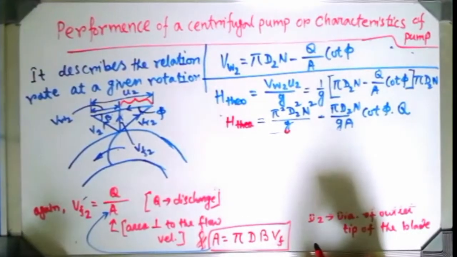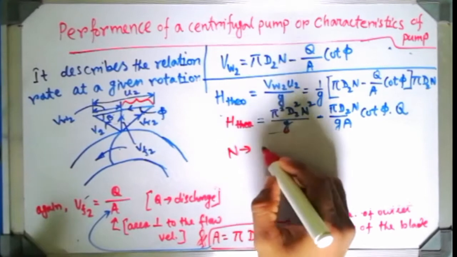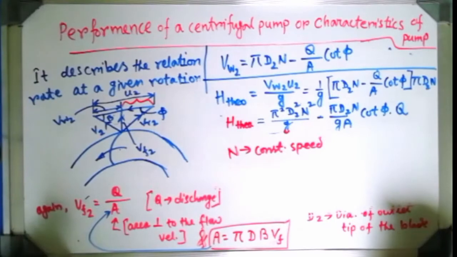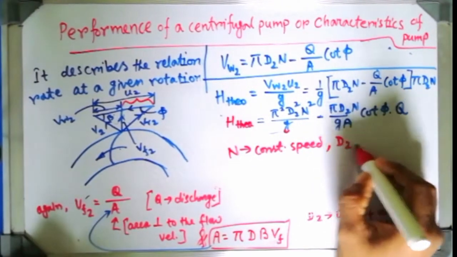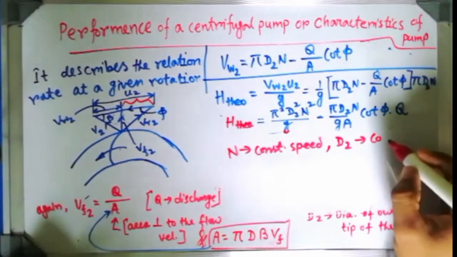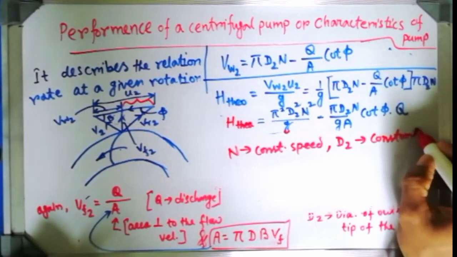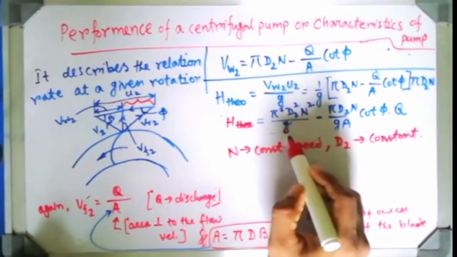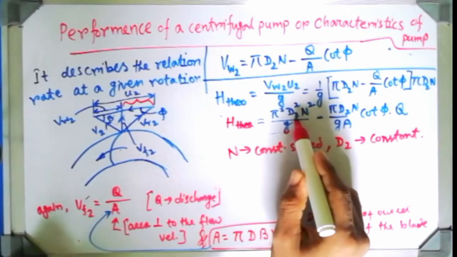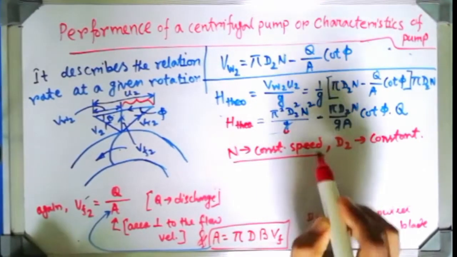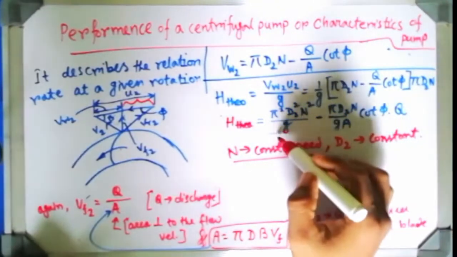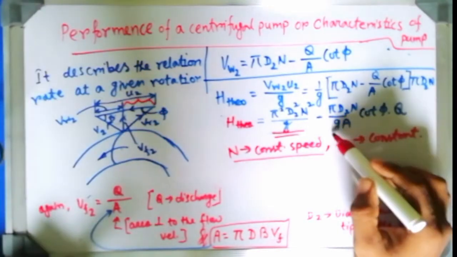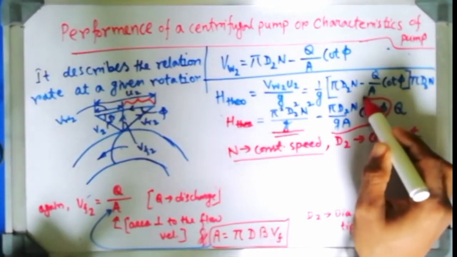After getting this relation, if we consider that the pump is running at a constant speed, that N is constant, similarly D2 obviously will be constant, that is the tip diameter of the outlet part. It will always be constant for a particular pump. See, pi is always constant, g is constant, D2 is also constant, and N I am considering a constant speed. Then this whole term as well as this whole term will remain constant,